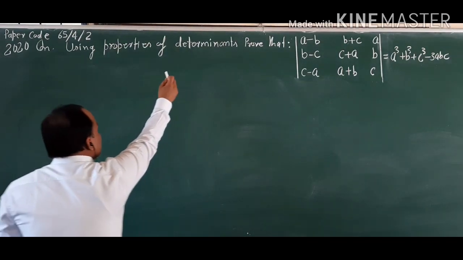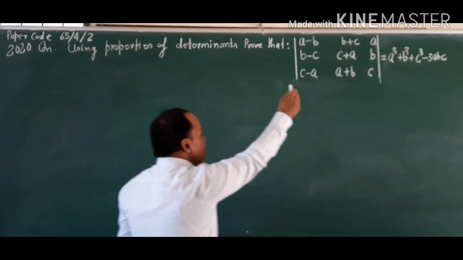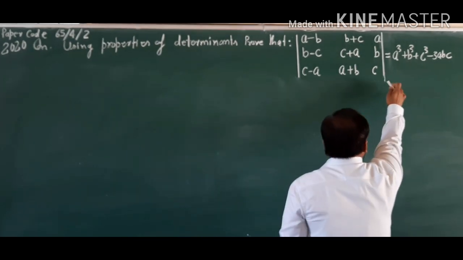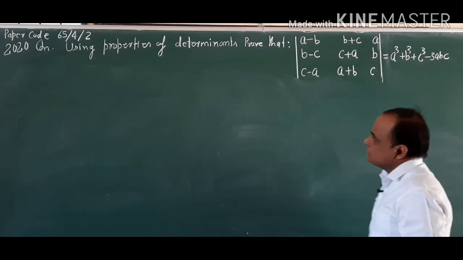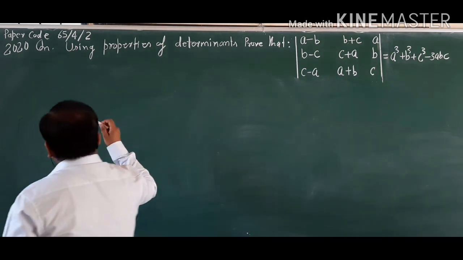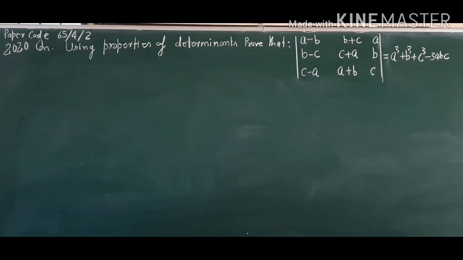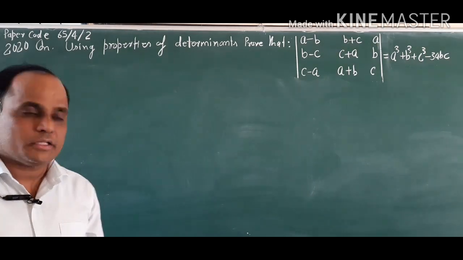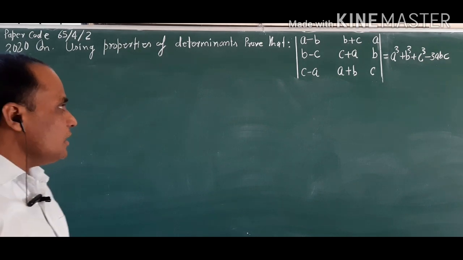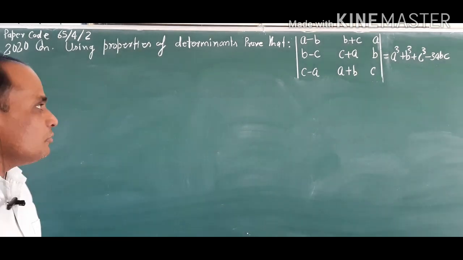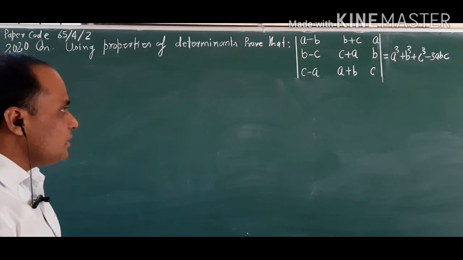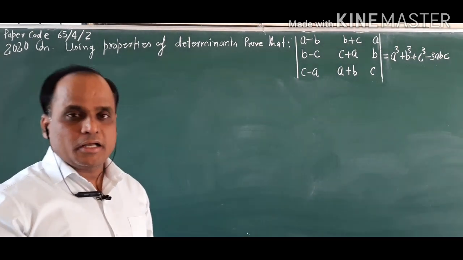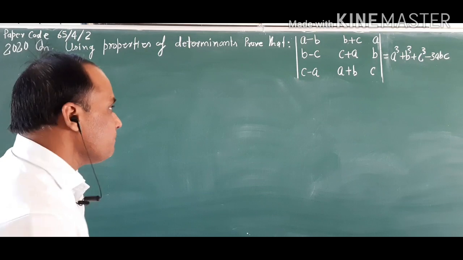Using properties of determinant, prove that this determinant equals a cubed plus b cubed plus c cubed minus 3abc. ये क्वेश्चन 2020 के पेपर कोड 6542 में 6 मार्क्स का क्वेश्चन पूछा गया था। डिटरमिनेंट हमने कर लिए हैं, इसलिए इन क्वेश्चन को हम इजीली कर सकते हैं। तो आप देखिए कि इस क्वेश्चन को हम कैसे स्टेप बाय स्टेप सॉल्व करते हैं।